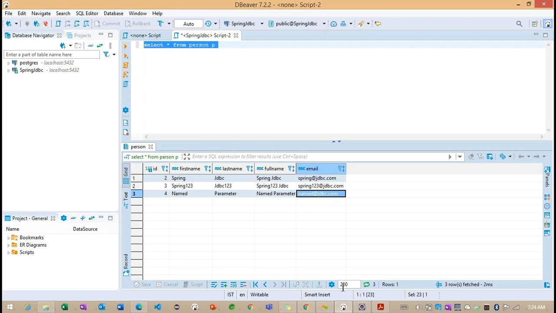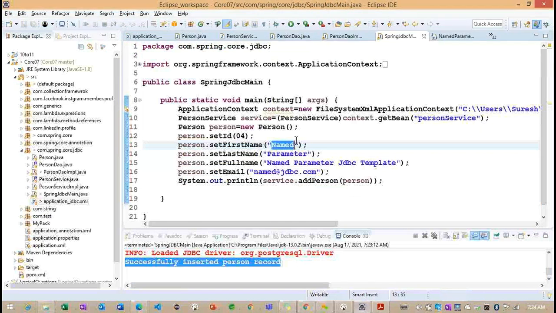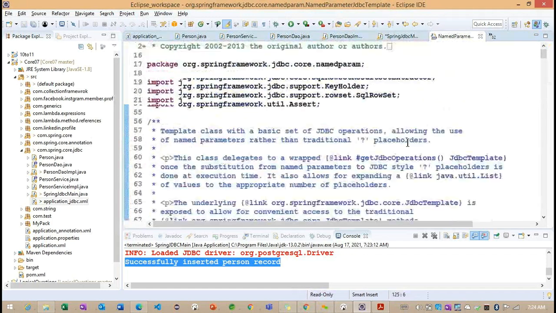Right. Now let's try to insert one more record here. And now what I want to provide: instead of named here, so who implemented this particular class?